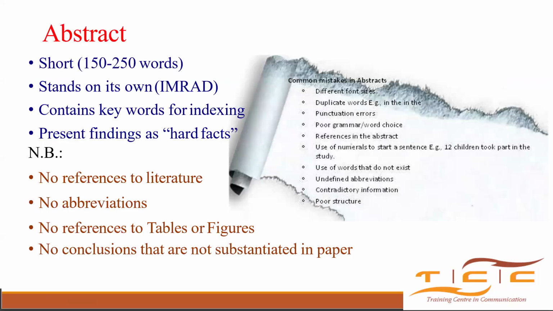Now, sometimes we have what we call structured abstracts, and sometimes we have what we call unstructured abstracts. We'll talk about that a little bit. Structured abstracts are where sometimes, when you want to submit your paper to a conference, you are told we want a structured abstract. For a structured abstract, you write a small heading, introduction, and then write a few sentences, 2 or 3 sentences. Then you go to methodology or the problem.